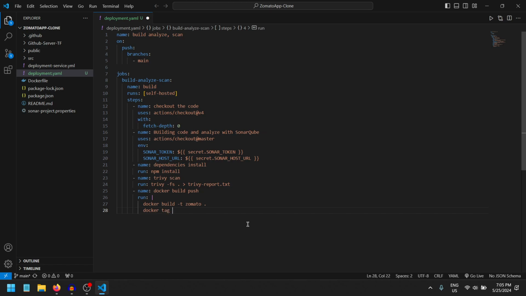If you haven't tagged that image, you cannot send it to Docker Hub itself, because there are some conflicts. You need to tag the image properly, and after that you can send it to Docker Hub. So under Zomato latest, this is my username, my repository, and my tag itself. After that, we need to do docker